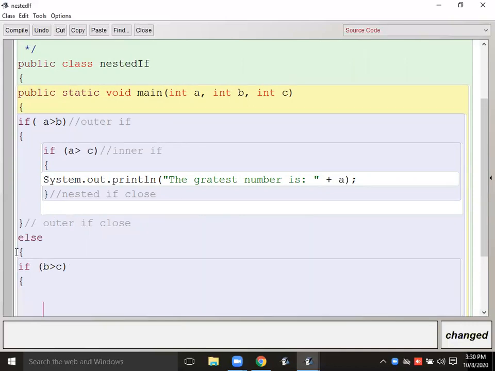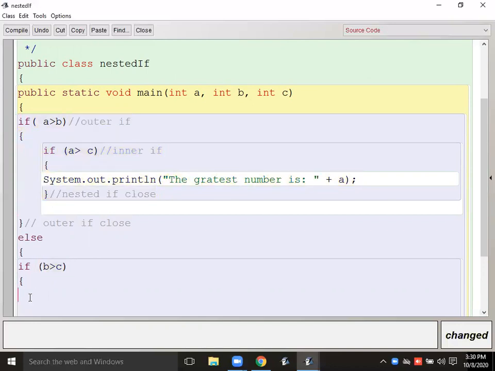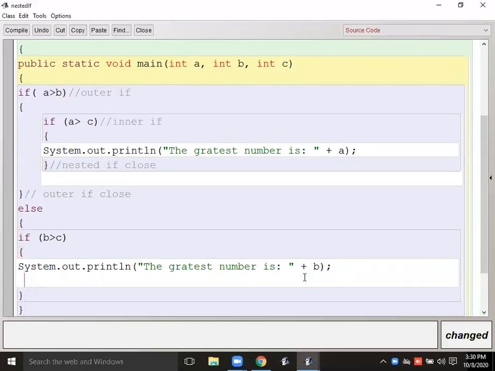Now this B is already greater than A, and now this B is greater than the C also. It means the greatest number is B. Write it. Okay, so greatest number is B. Now this is the if clause, and this is the else clause.